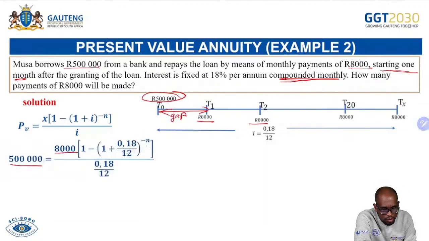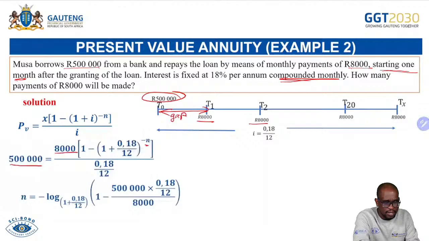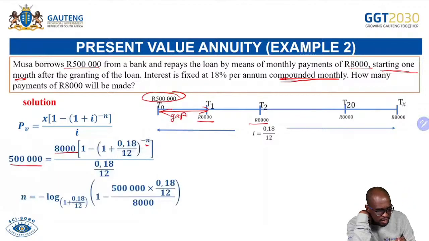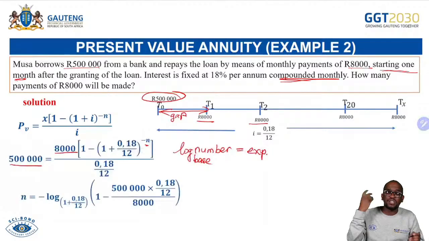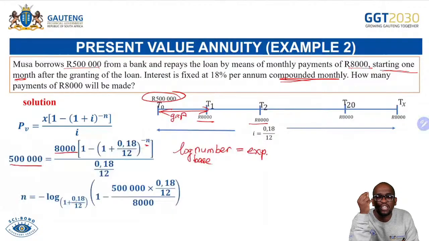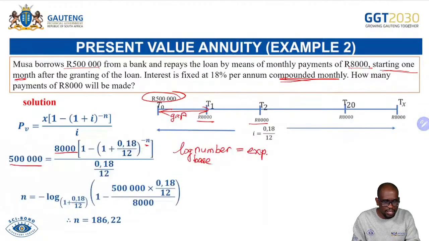The interest rate, we are looking for N. So now we have to use our knowledge of logarithms. You will rearrange the formula and work out N using what? Logarithms. Remember, the log of a number to its base is equal to what? The exponent. That is to convert from exponential form to logarithmic form. You've done that when you were doing your exponential functions and log functions. So that is how we worked with this formula. Then we get that n is